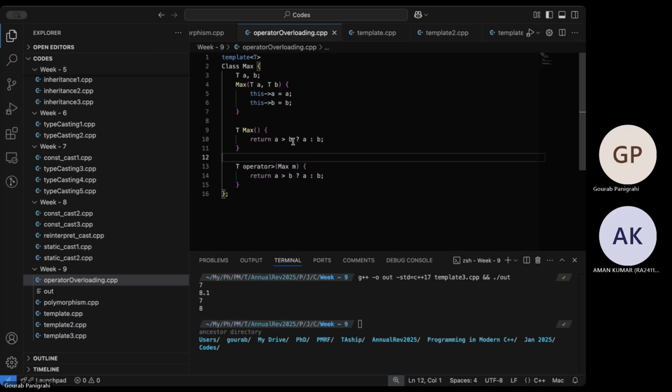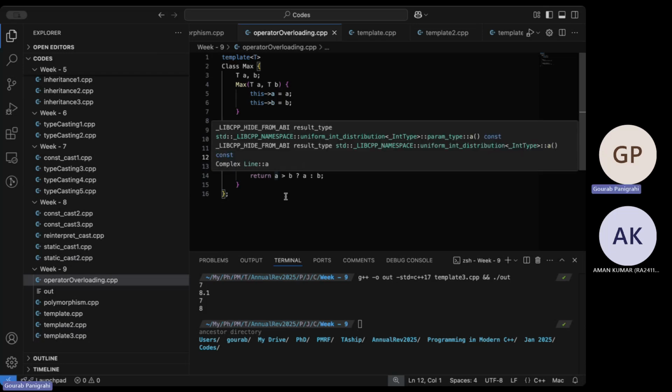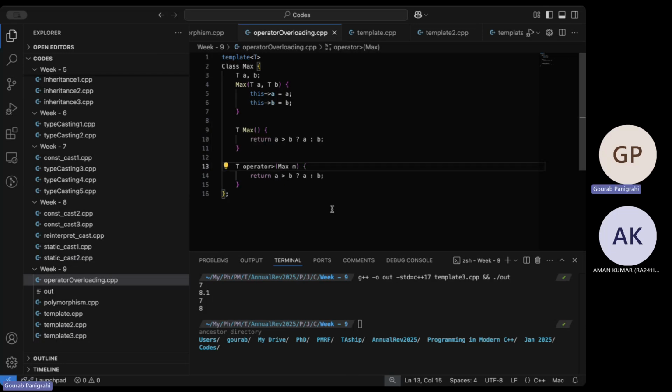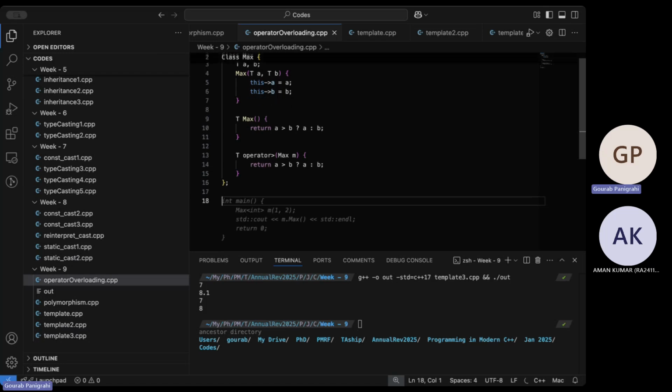The other thing is you can have the greater than operator. This is how the operator greater than has been defined. It takes the object of max and returns A and B. This is how the class is written.